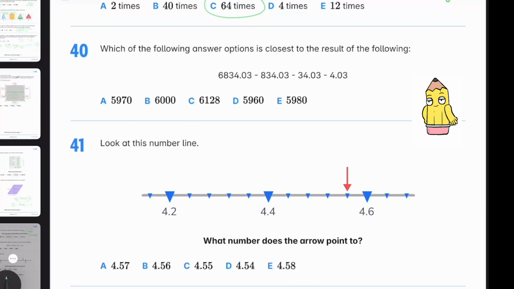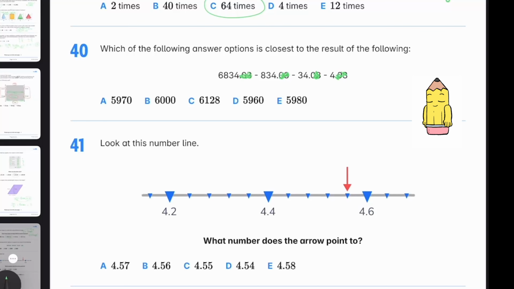Question 40. Which of the following answer options is closest to the result of the following? So we're looking for the option that is closest, so we can guess that some level of estimation will be involved. What I'll start doing is rounding each number of the sum to the nearest whole. So I can just eliminate this here. So we have 6,834. We have 834. We have 34, and we have 4. So again, if we subtract all these values,